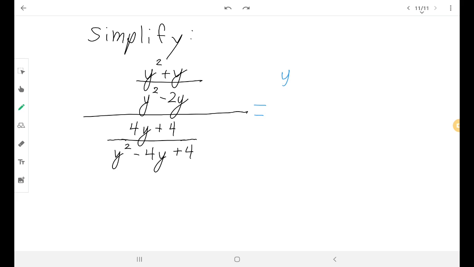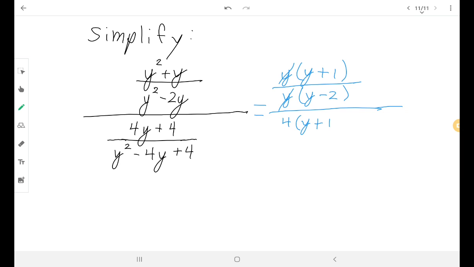So the top y factored out, so I get y times y plus 1 over the bottom, which I can also factor out a y and get y minus 2 there. So already I have y's that can cancel there. Okay? So then on the bottom, I've got a 4 that can factor out and be left with y plus 1